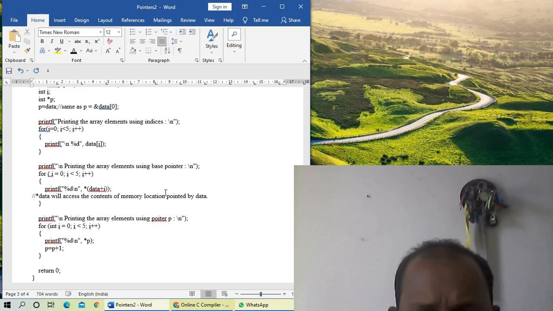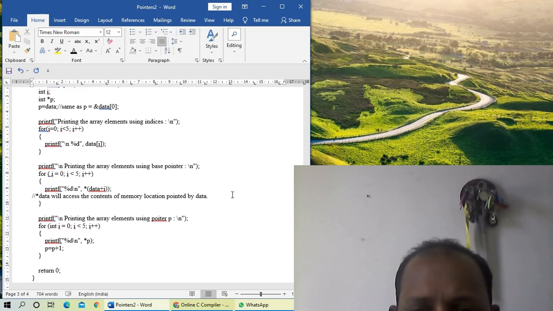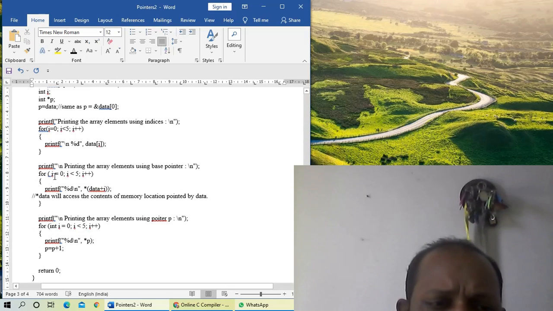Data + 1 means the address will be incremented by 4, so it will print the contents of location 1004. Then i is equal to 2, the address will be incremented by another 4, so the address will be 1008, and so on. So we can print the contents of the array using the base address like this: *(data + i).